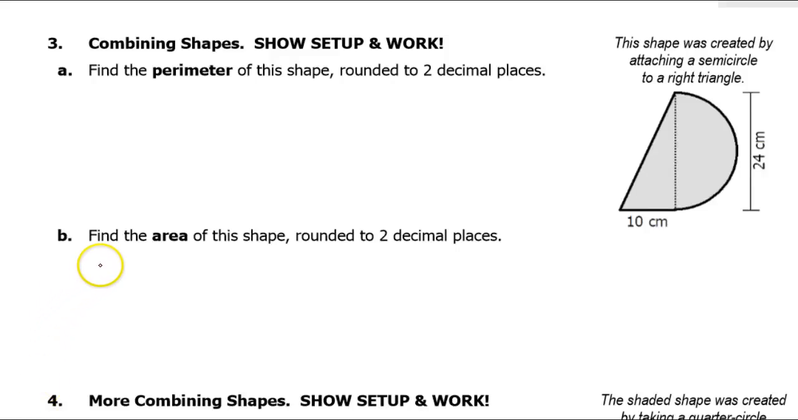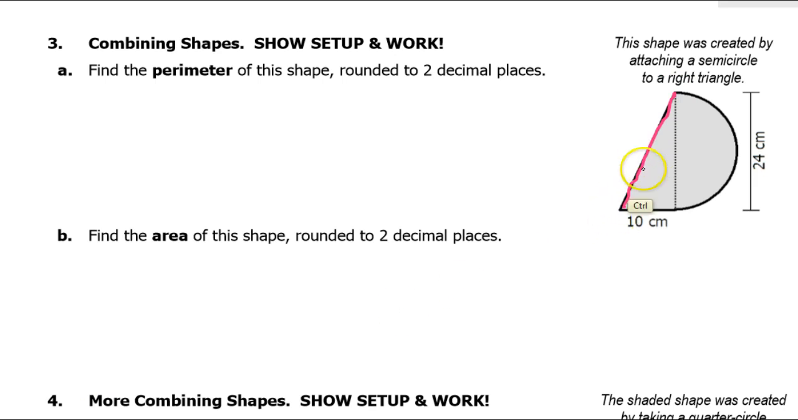In this video, I will show you how to find the perimeter and area when you're dealing with combinations of shapes similar to this one. So this shape is a right triangle attached to a semicircle. So if I want to find the perimeter of this, understand that I'm really only talking about